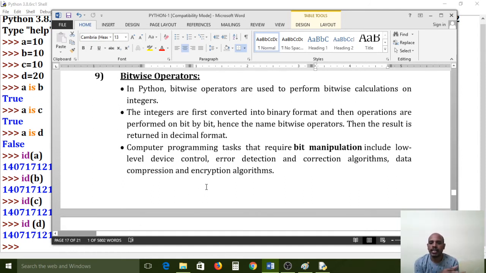Bit level programming is useful if you want to compress large data to small data, and also for device controlling purposes. Error correction and error detection in algorithms all work on bit level programming. Now understand now?